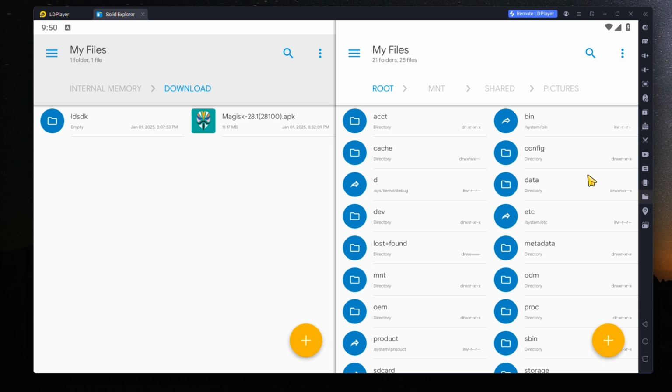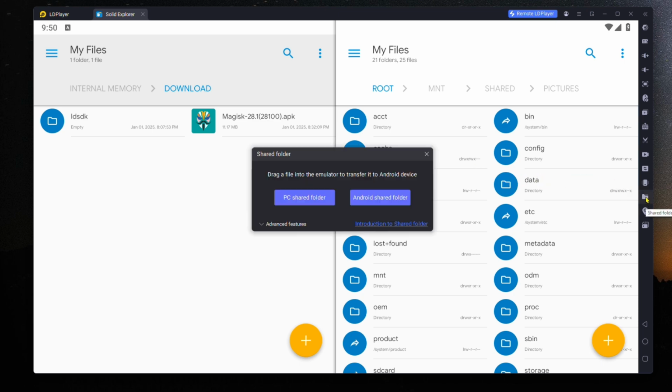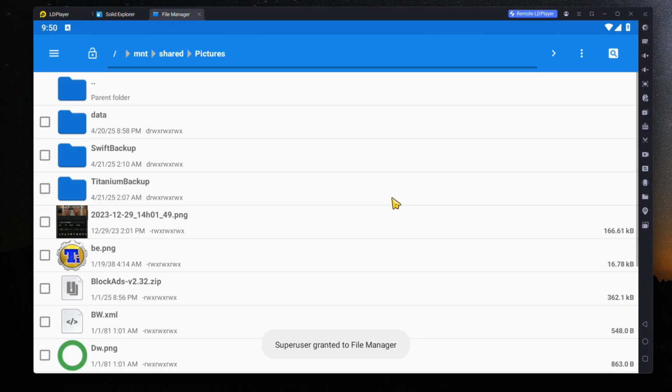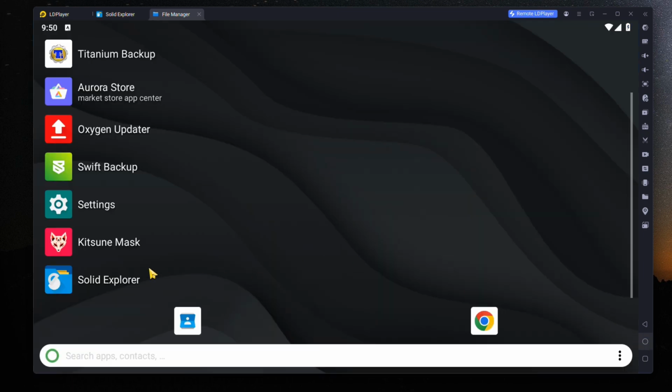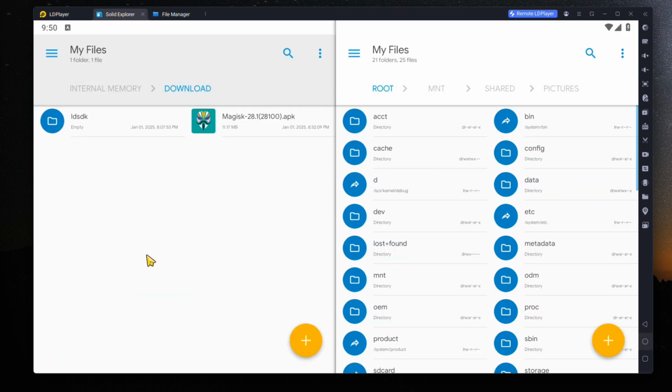You can also access the shared folder by pressing the button on the right-hand side of the screen. Simply click on the Android Shared Folder button. This action will open the folder in the Standard Files application. You can use this folder to make your files accessible from your PC. Simply drag and drop the files you want to transfer into this shared folder, and they will be available for